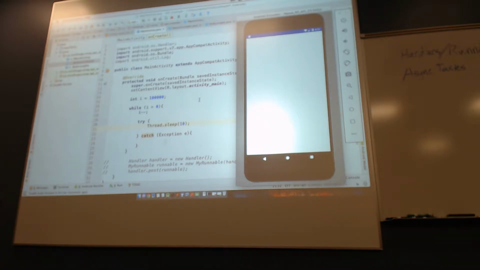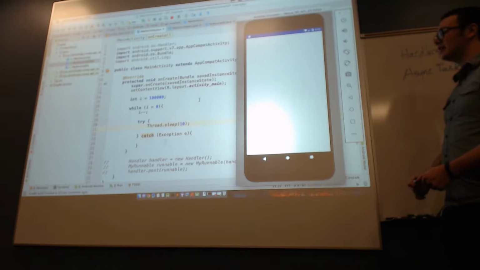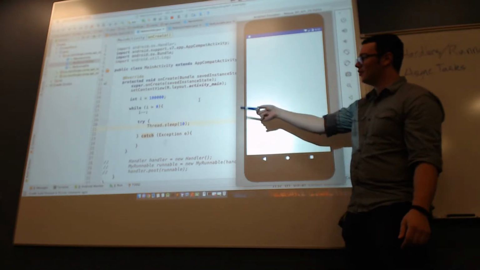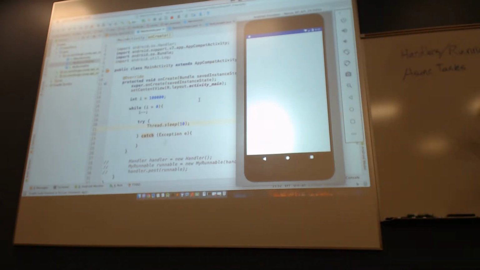So as you can see, my hello world is not there. Right now, thread.sleep is being called every time the while loop runs, which, if you're emulating the process of file input output, is an accurate thing that will happen. It takes a long time to write to disk, way longer than it takes to read and write from RAM. So right now,